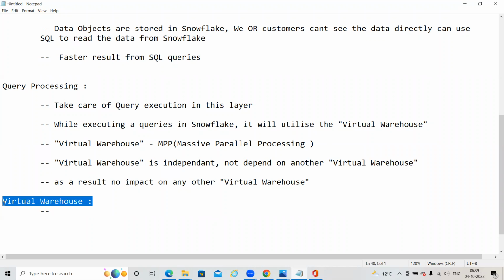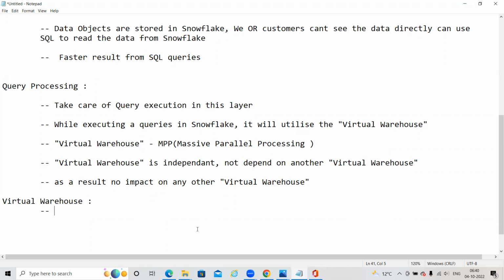These virtual warehouses are the key part. They provide hardware resources for your SQL queries to execute and retrieve the data from the database. So storage is one component, and the compute virtual warehouse is another component to execute your SQL code and retrieve the data. The virtual warehouse is involved while executing a query. It is nothing but a process or compute, hardware resources. There will be multiple virtual warehouses in your data warehouse.